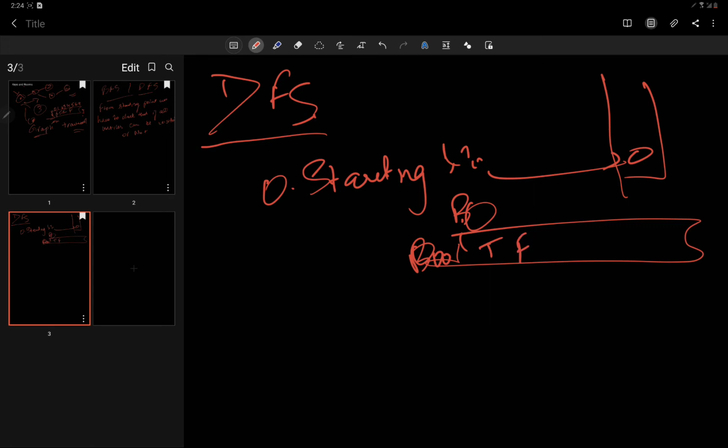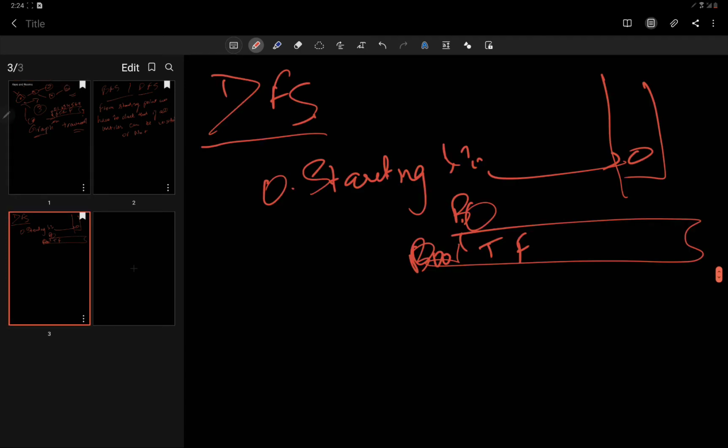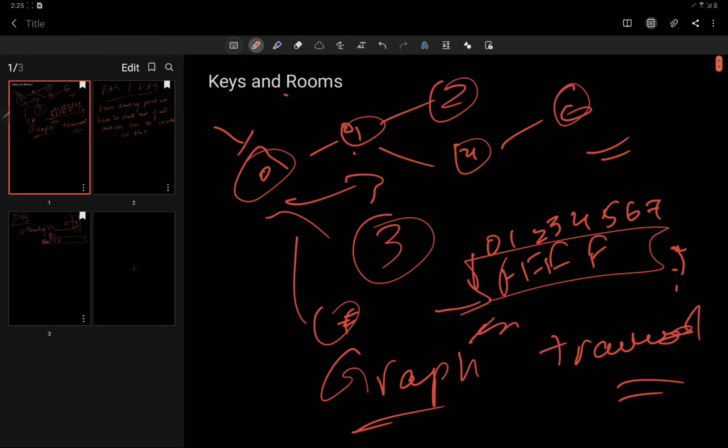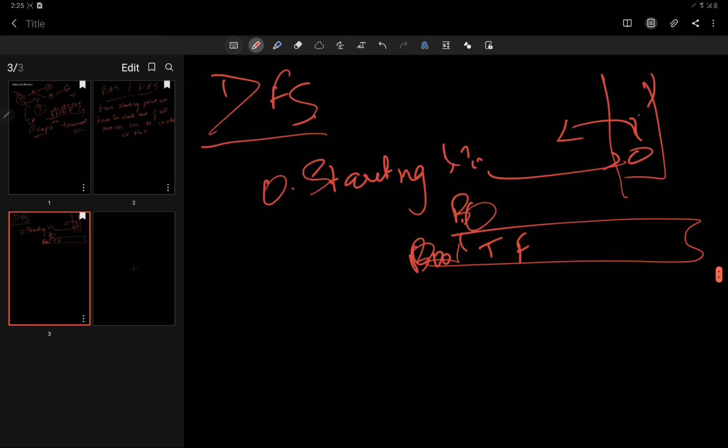Now, as you can see, lexicographically 1 is smaller than 3, so 1 will come first. We encounter 1, so we push 1 into the stack, alright. Then we look at the next value, that is 2, alright.